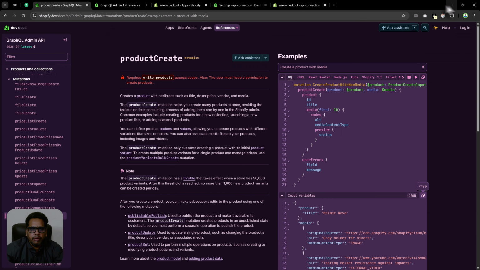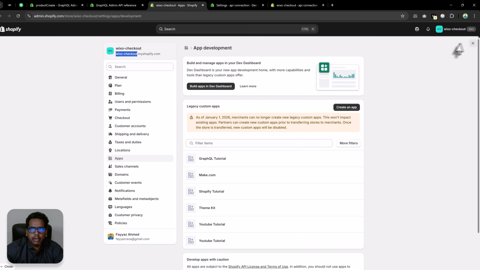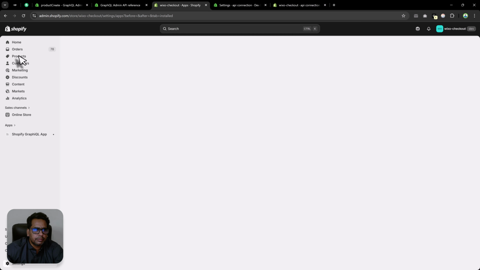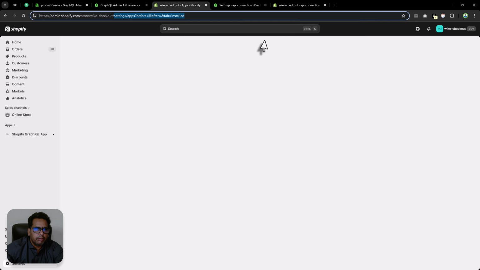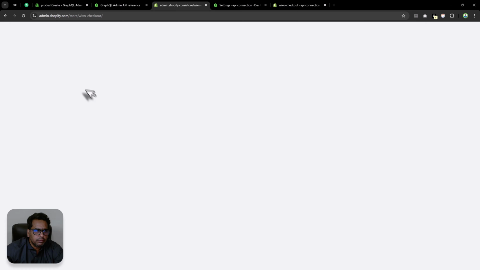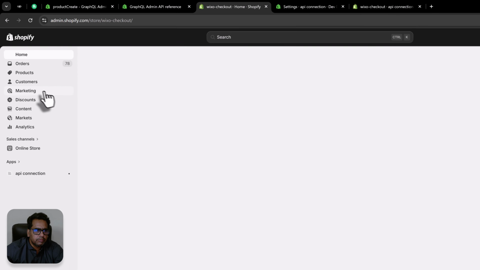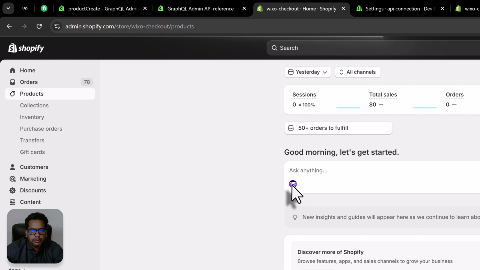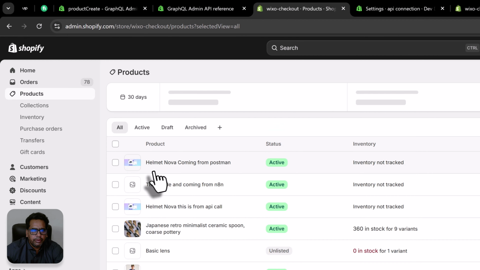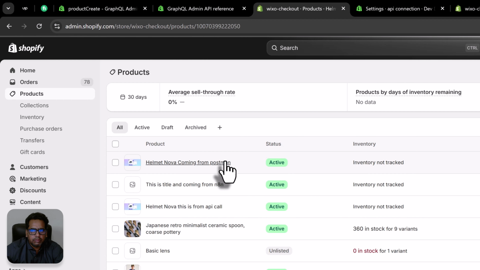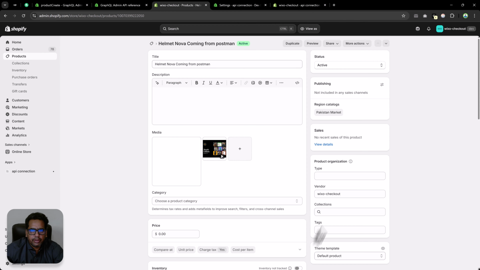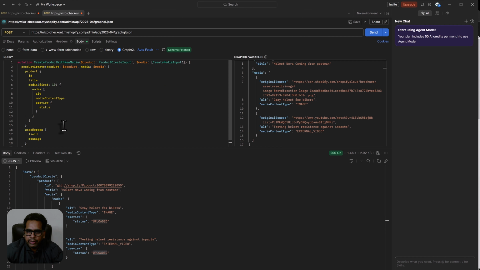uploaded. Now if I go back to my store and go to the products, click on the products, and now you can see we have helmet Nova coming from Postman. So our product is created successfully. Similarly, you can make other API calls to fetch the orders, to fetch the customers, whatever you want. So this is how you can